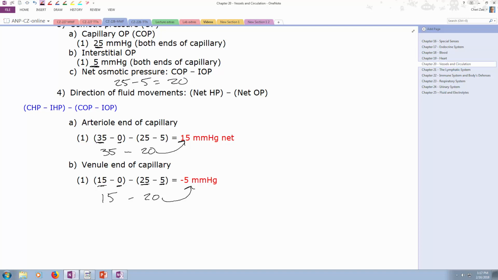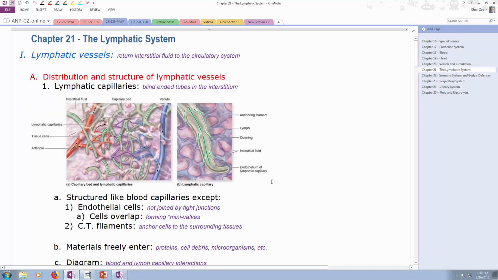And so what is going on that will actually keep it from building up? Because obviously it isn't building up. Because if we did have this fluid in there, we wouldn't have our other numbers. And what is happening is that excess fluid that is in the interstitial spaces after we get through the venule end of the capillary bed is being drawn off. And it is being drawn off by the next aspect of our